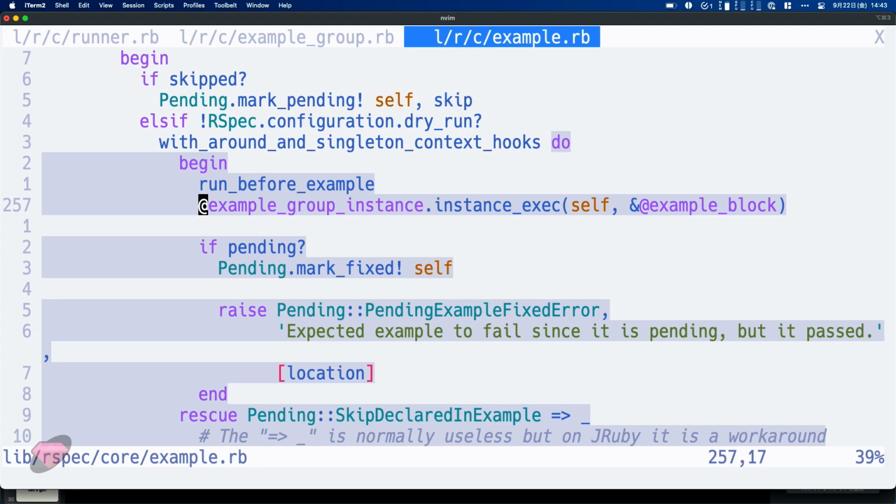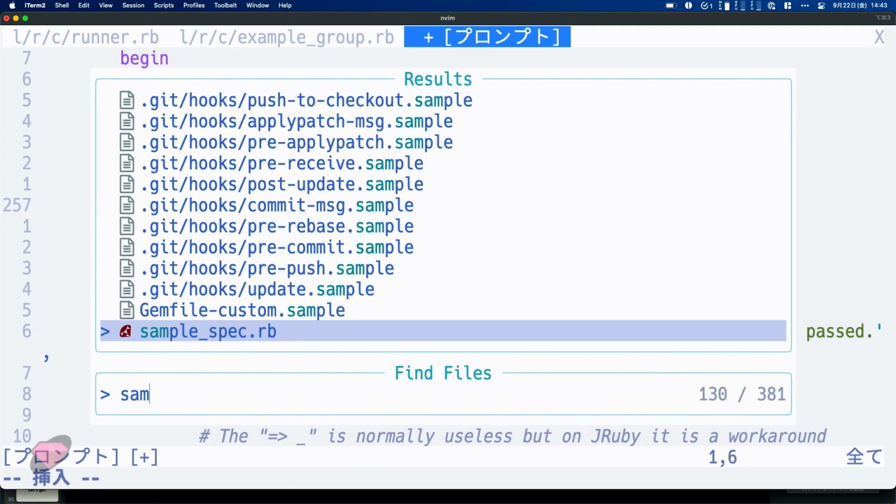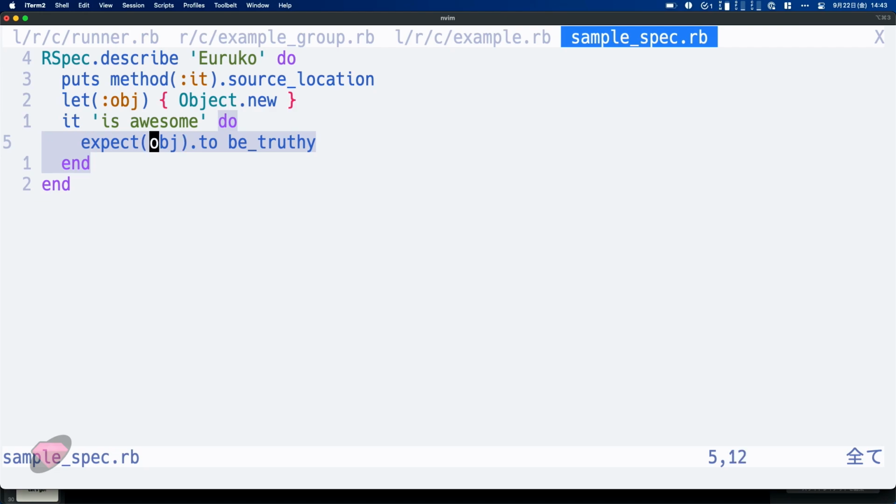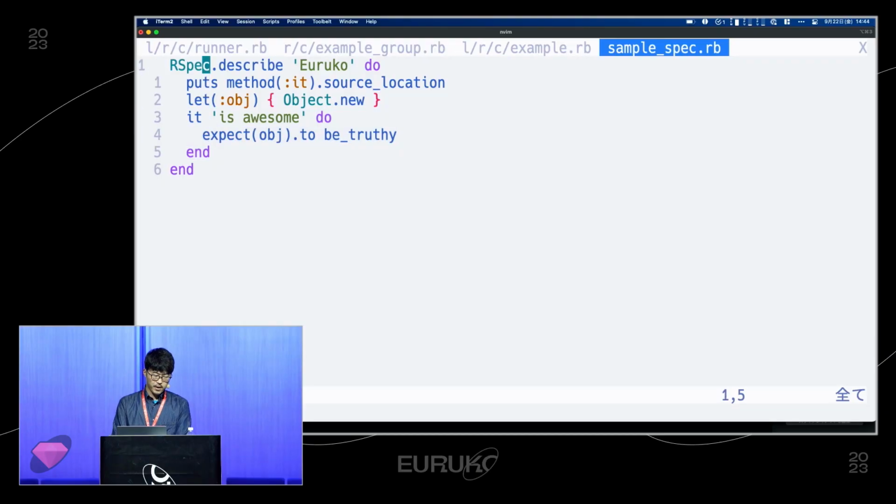That's why right here, this object could be called, because this is basically a def, and this is basically a class definition. And this is basically an instance method inside. So, conceptually,